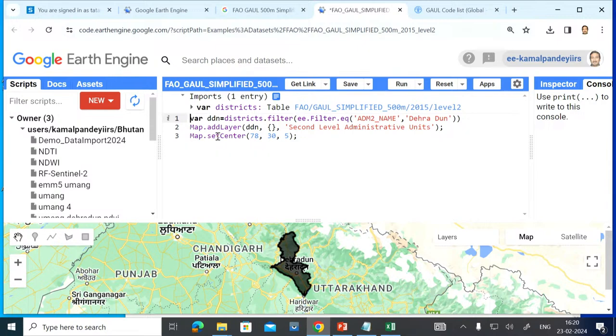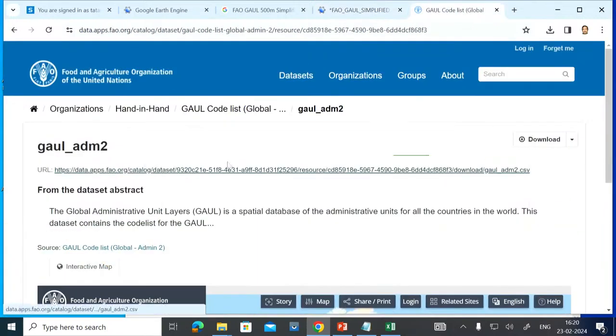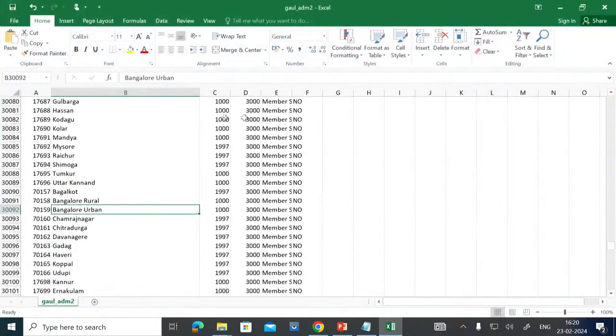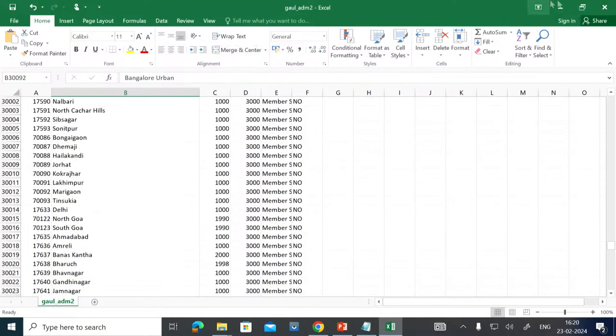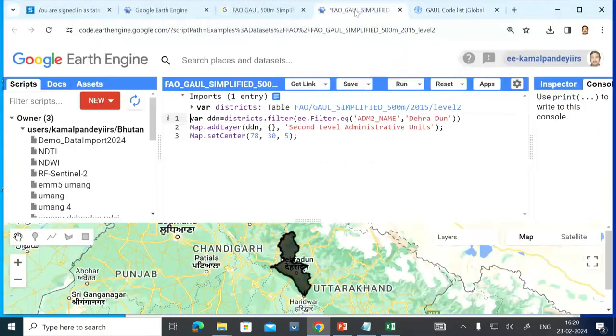So, what we have done here, till now we are able to use one of the district boundaries which is directly available in your Google Earth Engine, that is the boundary of Dehradun district, or any district you can just search. Only thing is that you have to take care how the spelling is written over there. If you make a mistake, then you won't be able to get that particular data set. So you just download this CSV file, and then accordingly try to use that one. Okay, now your boundary is there.